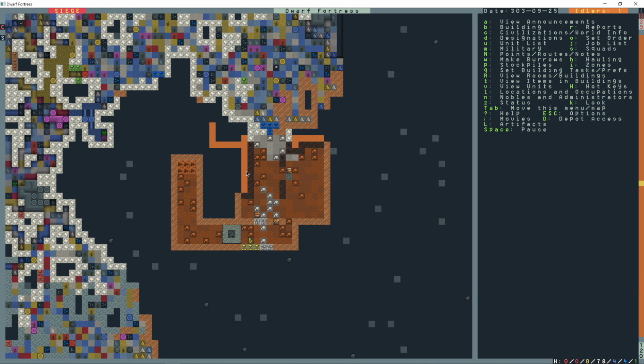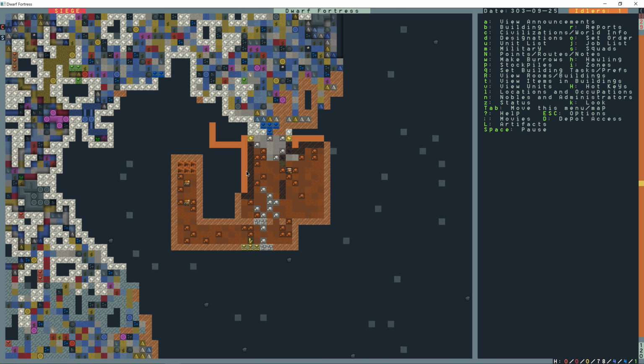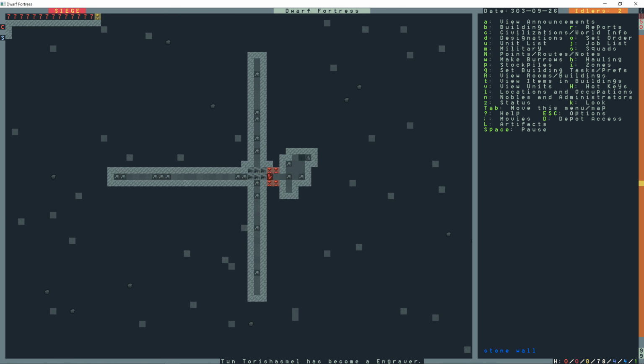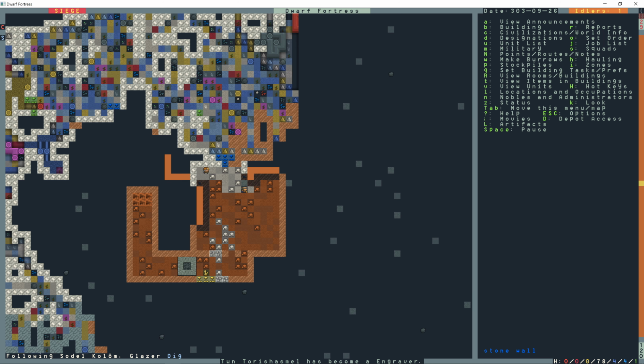So the reason that I did that is because I set the function keys in the order that they are from surface down. So F1, F2, F3, F4, F5, and then F6. And then if I press F8, it'll just follow this miner. Okay, so